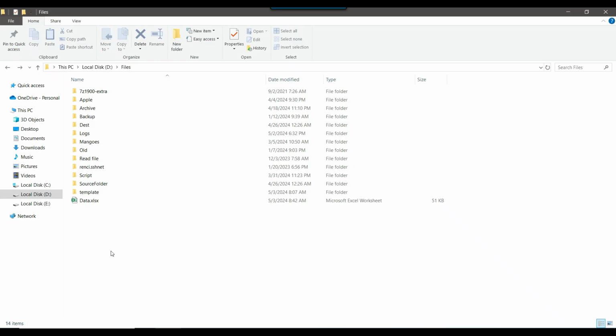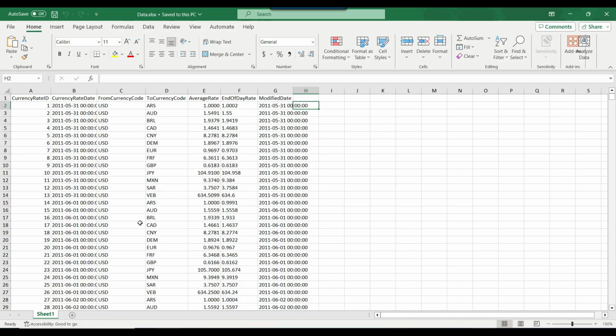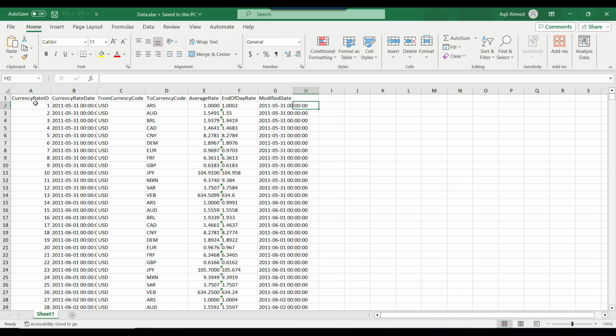Now if you go to this location, d files location, you will see only one file, which is the fixed file. Now you can open this particular file from here. So now you can see that the first column data type is changed to numeric now, and even the E column data type got changed to numeric now. So these two columns have been fixed. Same way you can fix n number of columns in your Excel file.